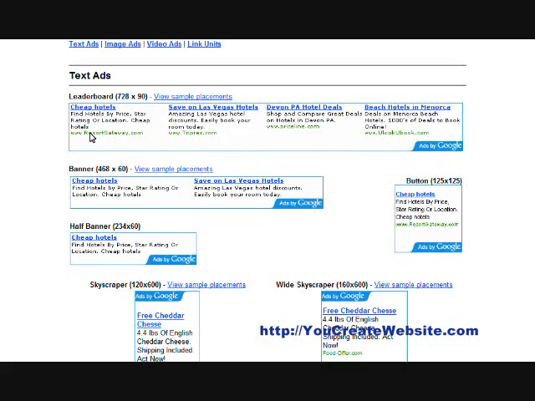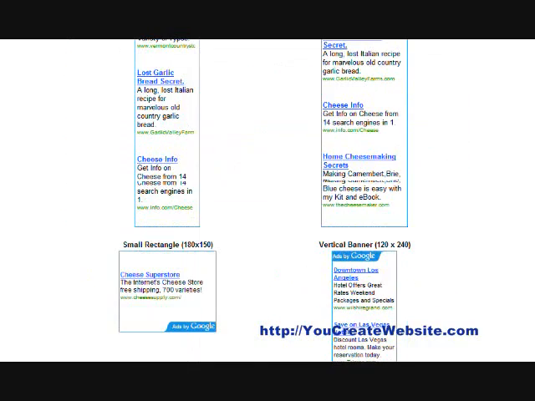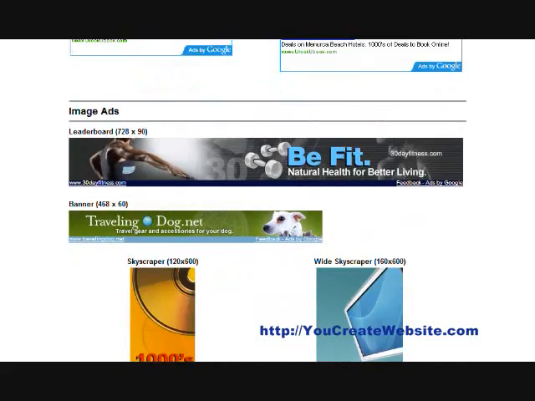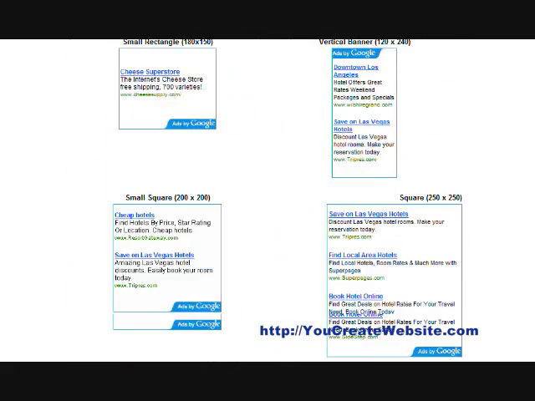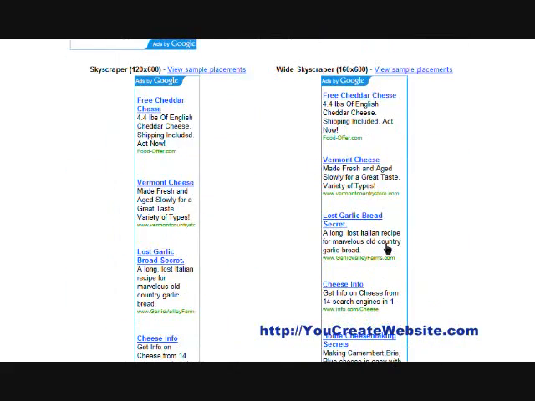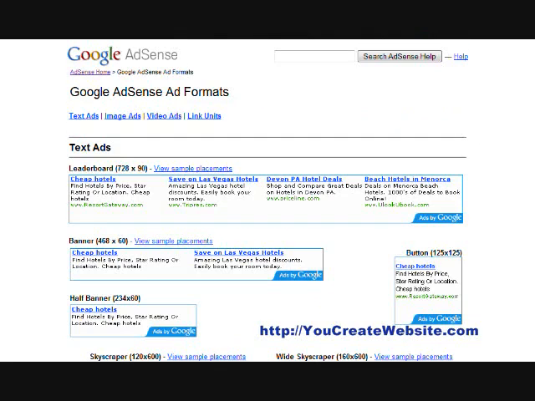So this one's showing you some different examples of text ads in all the different sizes. If you scroll down, the image ads are below here. So right now we've chosen to do both, so any of these can be shown on our site right now. Now, Google did some research on which ads were most successful, and if you go back to this page, hit